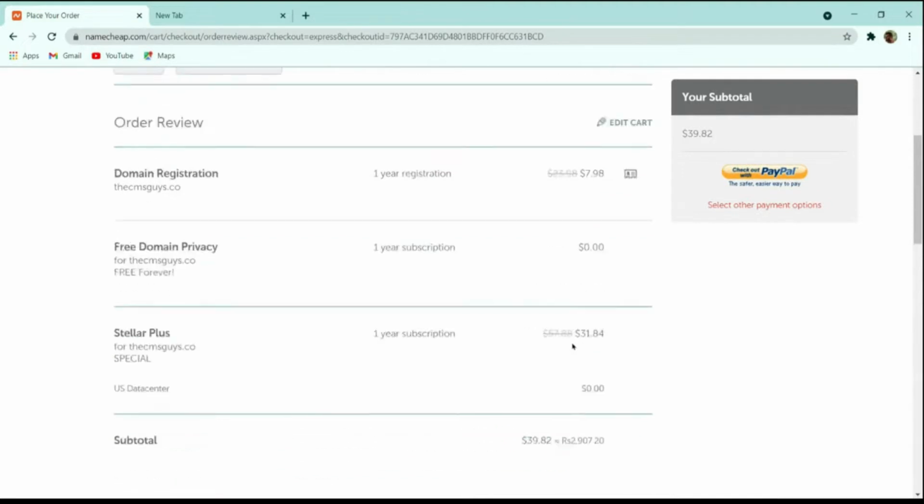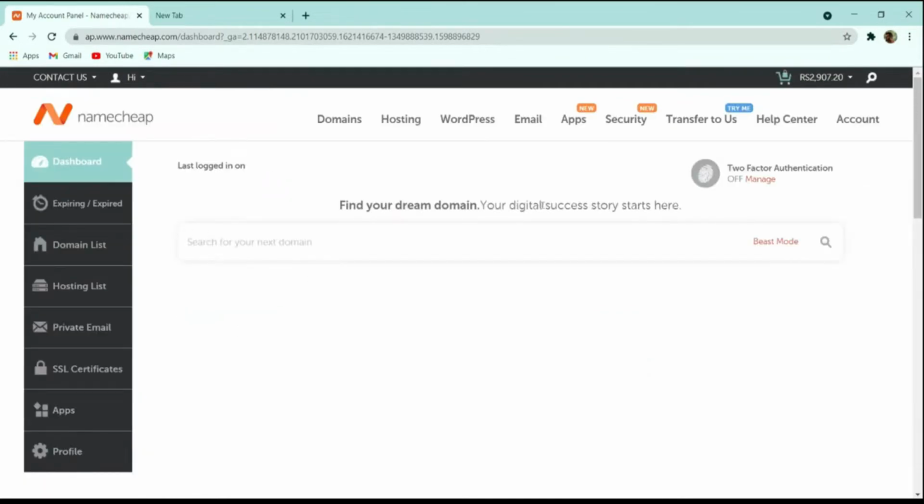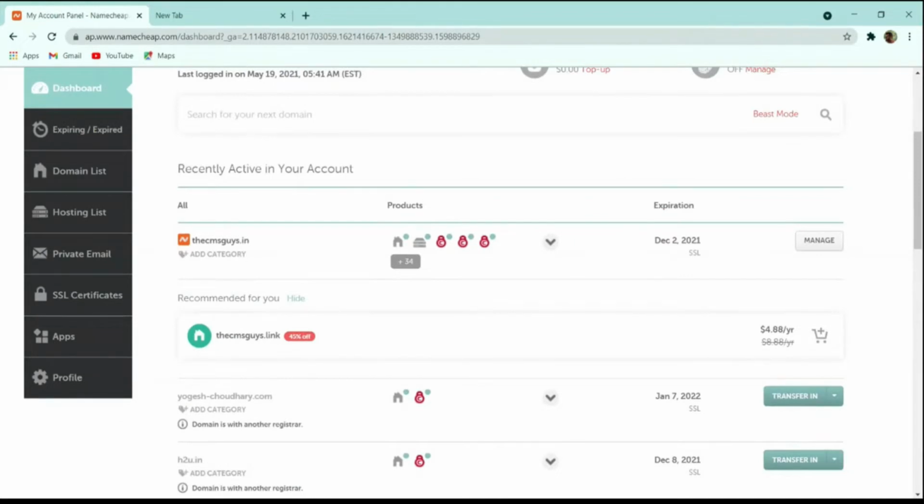Once the payment is completed, you will be redirected to the dashboard. So let me show you the dashboard. You will be redirected to this dashboard, where you can manage your domain and hosting. As we have got the hosting and domain, our next step is to set up the